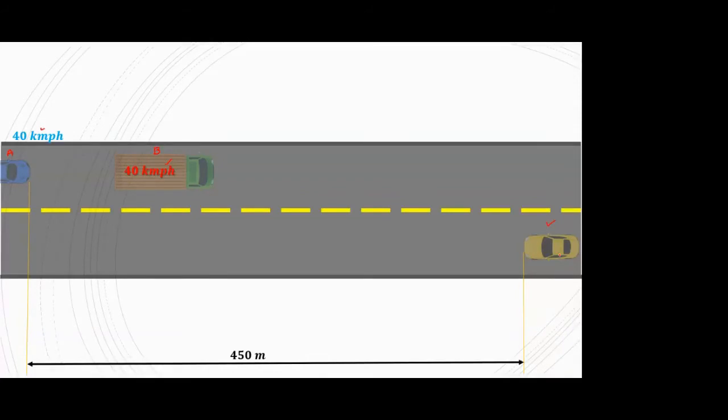Now after an initial hesitation period of 2 seconds, we all know this initial hesitation period is nothing but the distance covered during the reaction time, or whatever time is required for taking the decision. So that is, we all know, d1. Indirectly they are telling us that there is a d1 component in the picture, that after an initial hesitation period of 2 seconds, that 2 seconds will come in this formula. After the initial hesitation of 2 seconds, the driver of car A started the overtaking operation. So from this point, the overtaking will start.